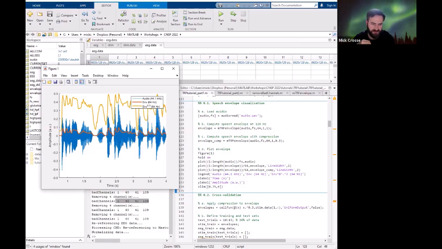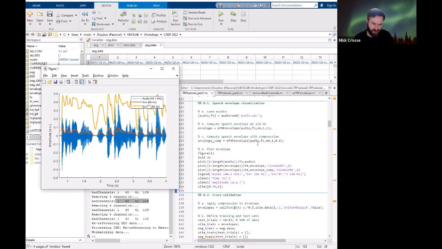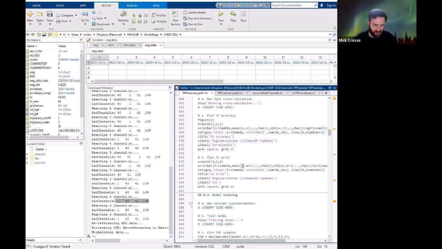So it's fairly straightforward. Take a look at the MTRF envelope function itself if you're curious to see what's happening under the hood. But basically that's how we do that, and that's the signal, the feature that we're going to work with for the first part of the tutorial. So I'm going to keep going here just in the interest of time. So the first thing we're going to do is